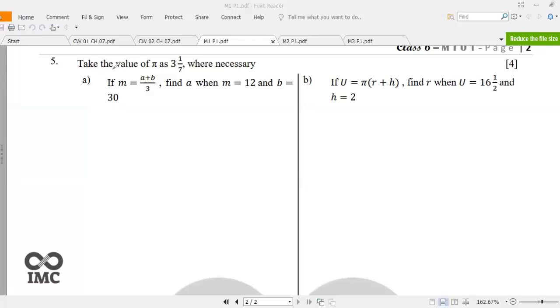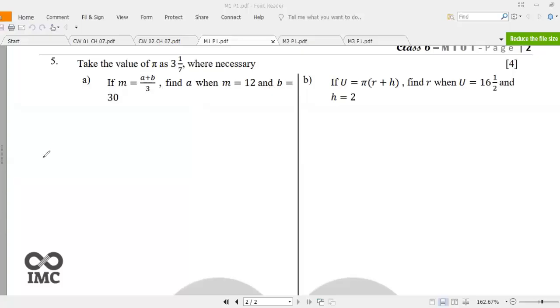Here the question says take the value of pi as 3 whole 1 by 7. That means the value of pi is given where necessary and we are using pi in this equation. Okay. Now number A. If m equal to a plus b by 3, find a when m equal to 12,